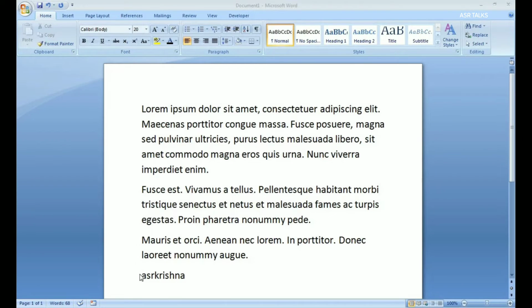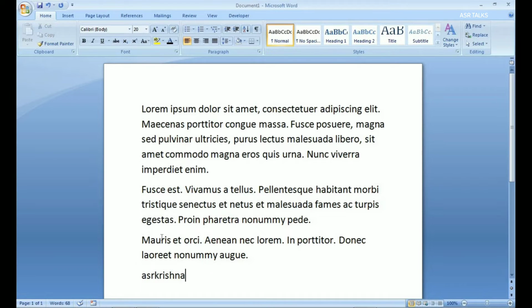The Shift plus F3 function allows you to quickly change the text case of your text without having to use the button built into Microsoft Word. Select the text you would like to change the case of, or use Ctrl plus A on your keyboard to select all the text. Then use Shift plus F3 to change the case of text. Here you can observe there are three cases. One is all capital letters, one is first letter capital, and one is all small letters. So select accordingly and use the Shift plus F3 keyboard shortcut.